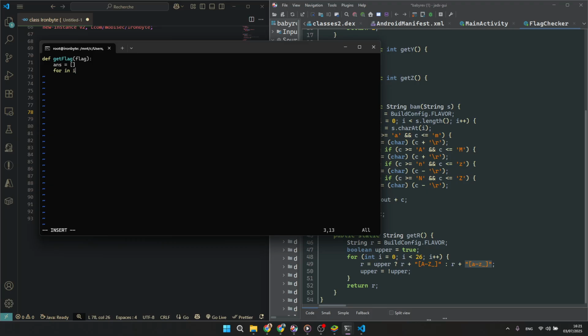So for i in the range of the length of the flag, if i modulo 2 is equal to 0, which means that it's even, we just append the flag of i dot upper version of it, otherwise and by the way, I also have the